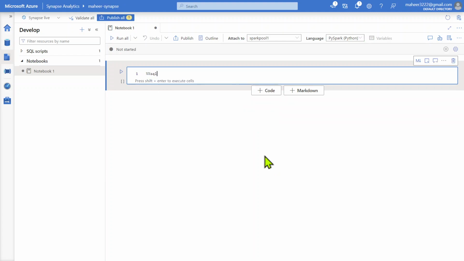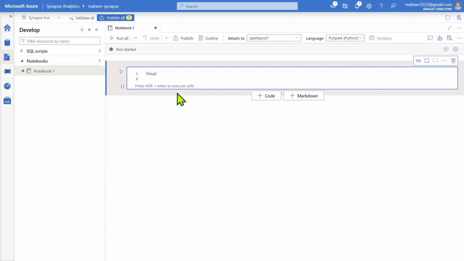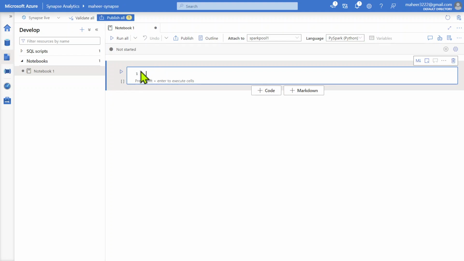For example, %%sql means whatever I write under this %%sql is going to be SQL syntax. So the notebook supports multi-languaging. You already know this, right? If you don't know, don't worry. In our upcoming videos, we will get to know that, because we will be doing more practicals as well. Since I have selected PySpark as the language, that is fine, because I am going to use PySpark only. So what I want to do is develop a simple data frame first.